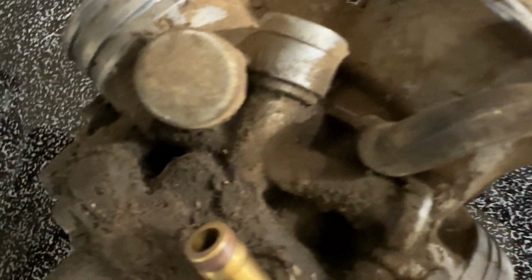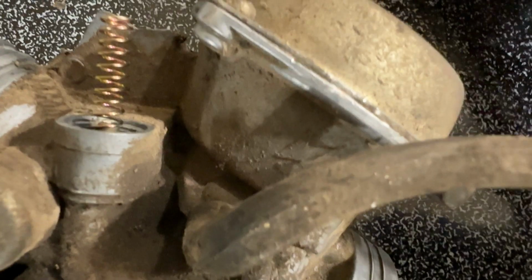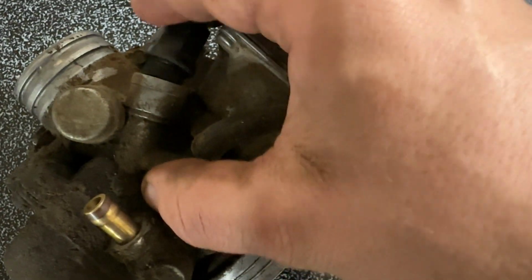This part goes down in, whoops. This part goes down in here like this. Okay, it goes down in like that. And this part goes down in here. Goes right over top of that, down in there. Even just with the spring in it, it's got tension. Okay? It's a little tricky, and when it's installed, this is installed, and then